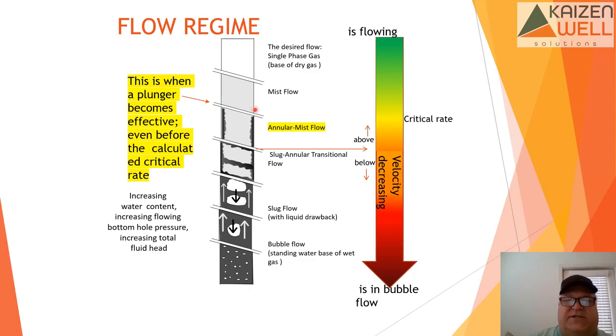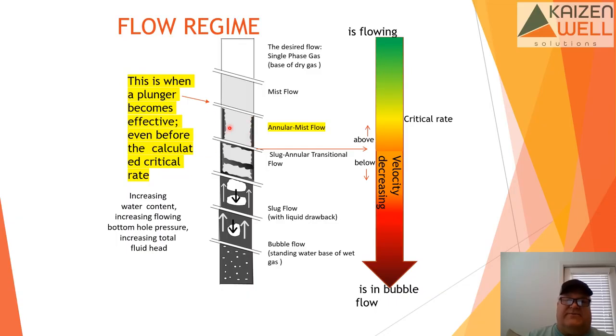Now, this liquid is still coming to surface, and there's some great videos online that a person should take a look at, and you can actually see this liquid slowly working its way up the tubing, and that's still considered above critical. But at that point, I think you can gain from doing some sort of plunger lift or other optimization methods. Now, when we get to what's a critical rate, we move to slug annular transitional flow, and basically